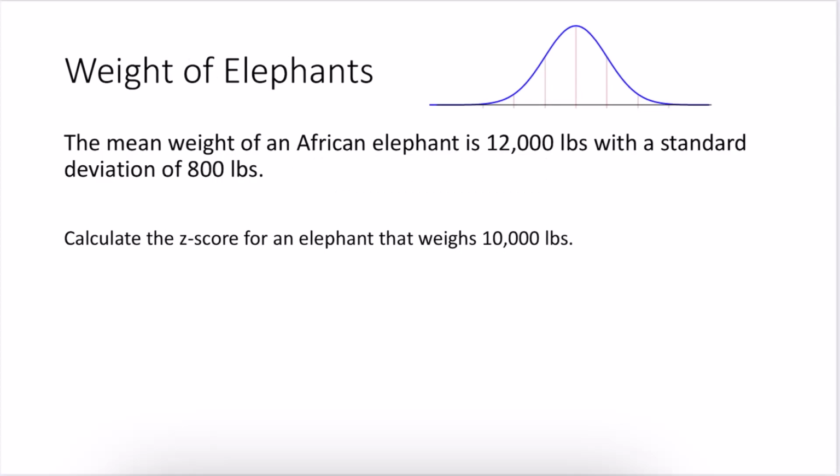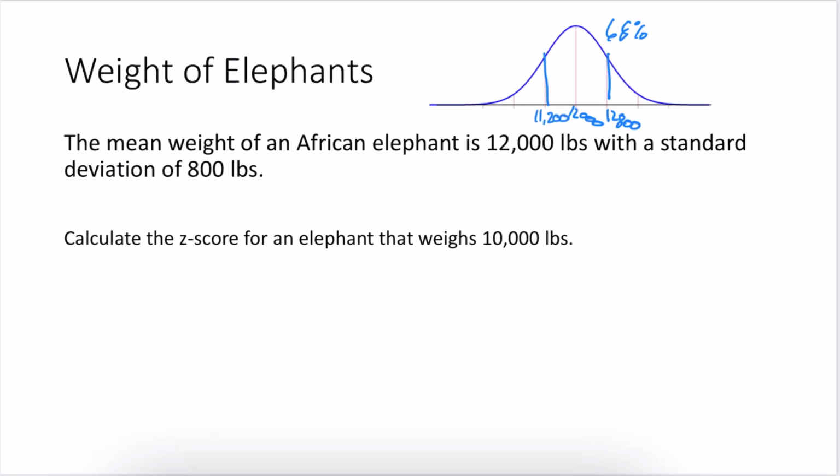So for example, if we go back to this situation where we're working with elephants, and we know that the mean weight of an African elephant is 12,000 pounds with a standard deviation of 800 pounds. And so in a previous video, we learned about how the mean of the data, 12,000, is where the bell curve is going to be centered around. And then we also learned about how the empirical rule tells us that within one standard deviation, you would have 68% of your data. And so if you add a standard deviation to 12,000, that would give you 12,800. And if you subtract 800, that would give you